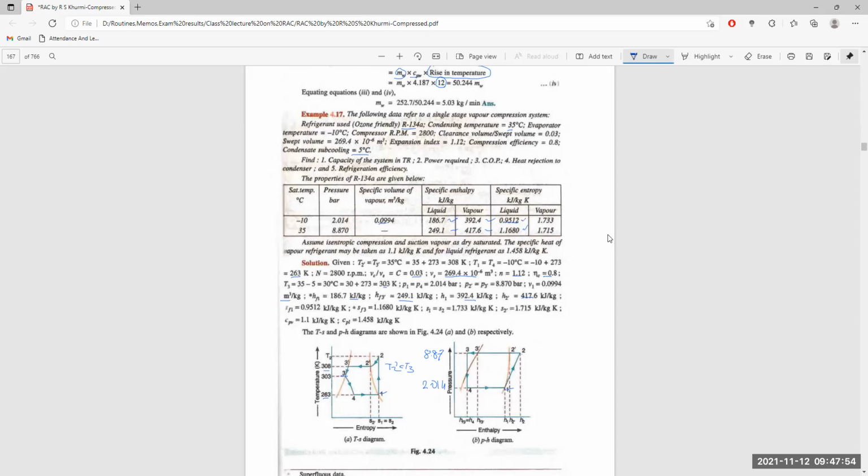Here it is at low temperature, here it is at high temperature. So at low temperature this is the entropy at point 1, and this is the entropy at point 2 at high temperature, both in the liquid state itself, because the compression expander is converting the liquid into vapor. SF1 is this one, and SF3 is the entropy at point 3 given there.